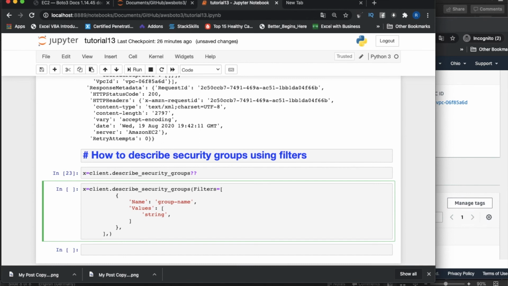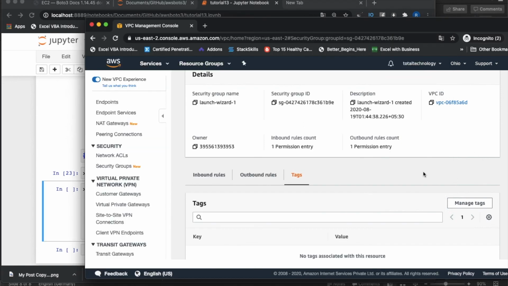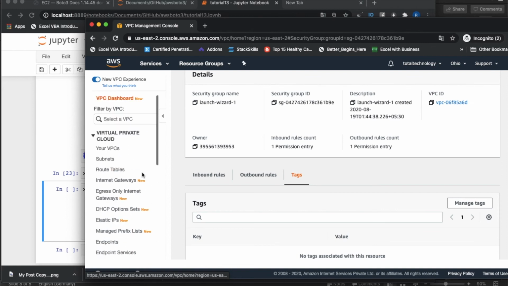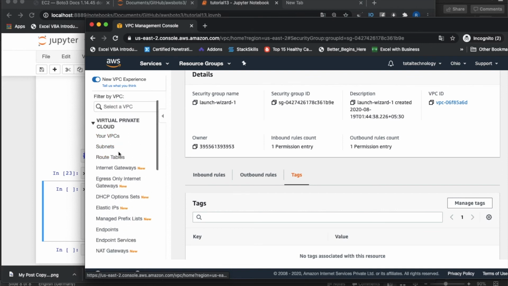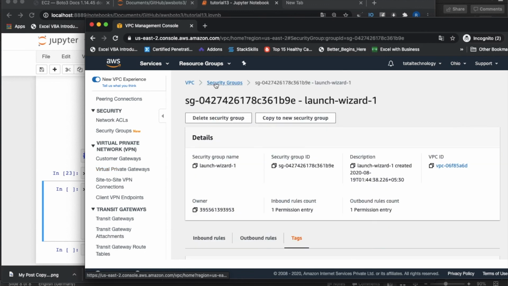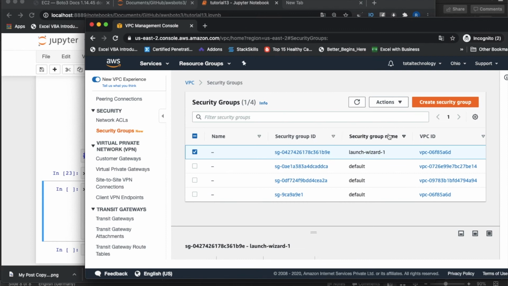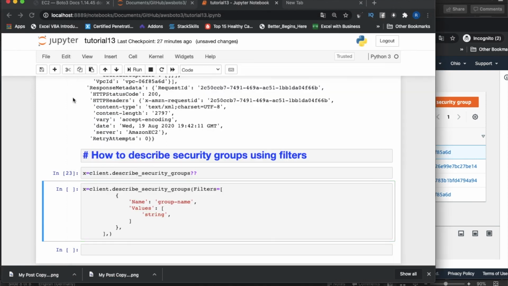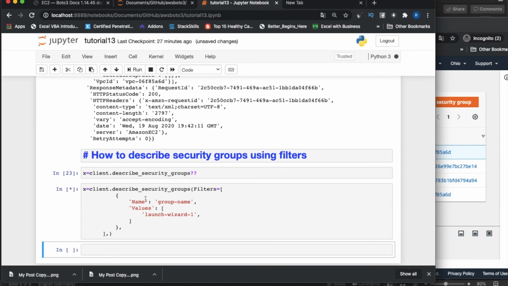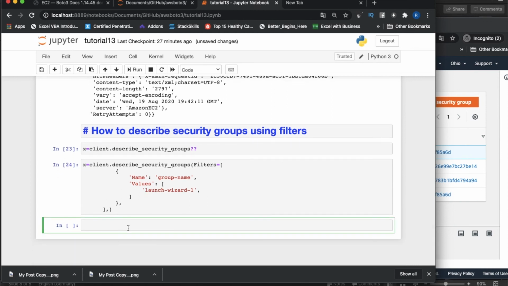Okay, so now what we'll do now, we'll put some sort of values. So from where will the value come, we'll see it here. The value will come from, yes, security groups, and yes, so security group name is something like this one. Okay, so let's try to run this thing now. Okay, so it is executed, and see